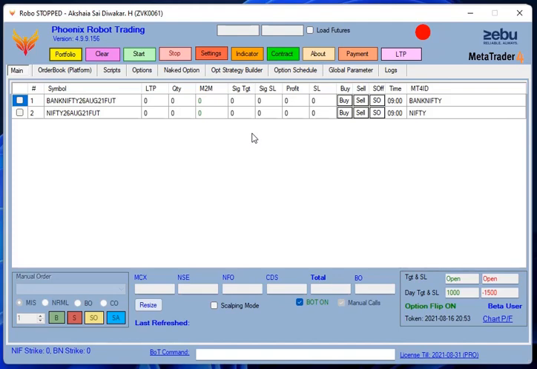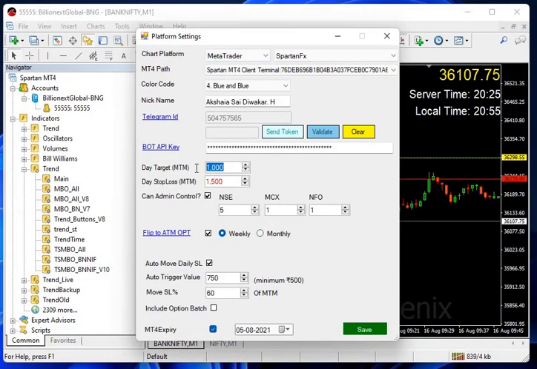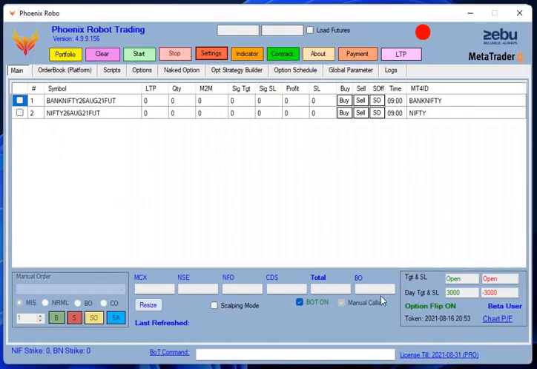We will only concentrate on a day stop loss and day target. Go to settings and say my day target is 3000. We will play it in 1:1 ratio, so set the stop loss as minus 3000. This is a little advanced option. For now, we will leave it as such. Uncheck daily move SL and save the settings. Once everything is set, just start robo.